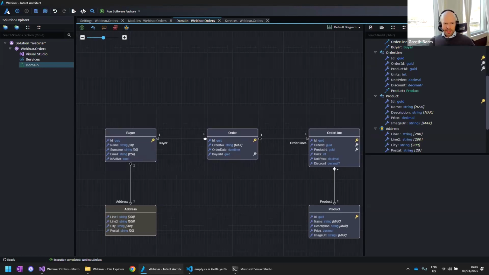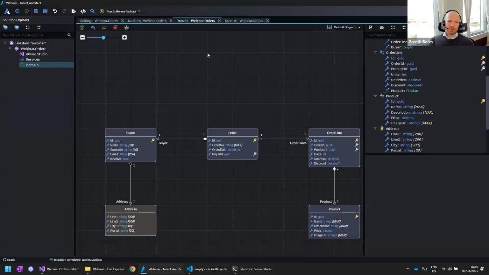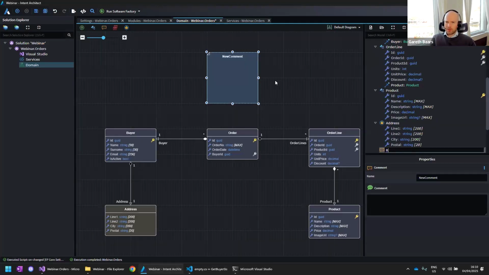And the other thing that we want teams to be able to focus on is the nuance of the application, because these are the things that actually make a difference to the business. And what we see a lot of teams do, particularly on the design side, is they really like to do things like this, where they'll create comments with, for example, reasons why.